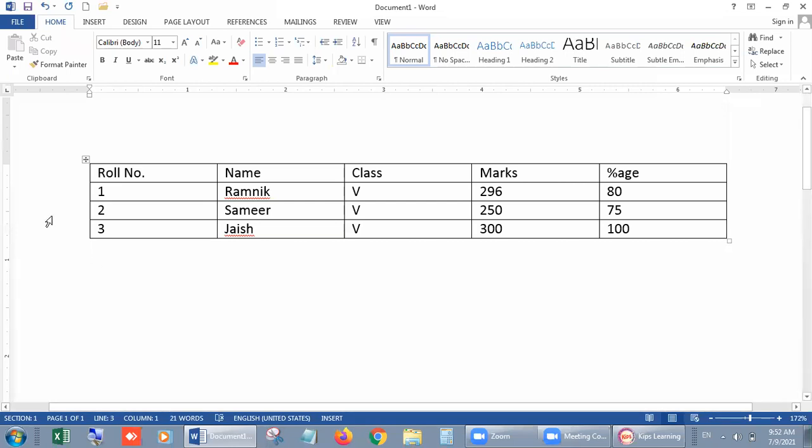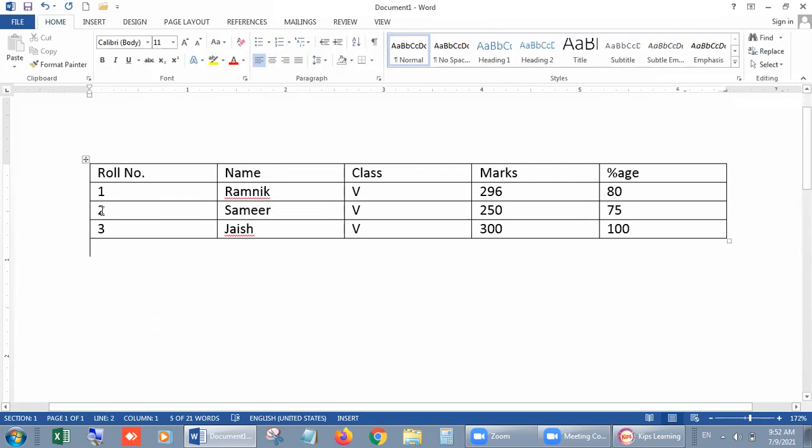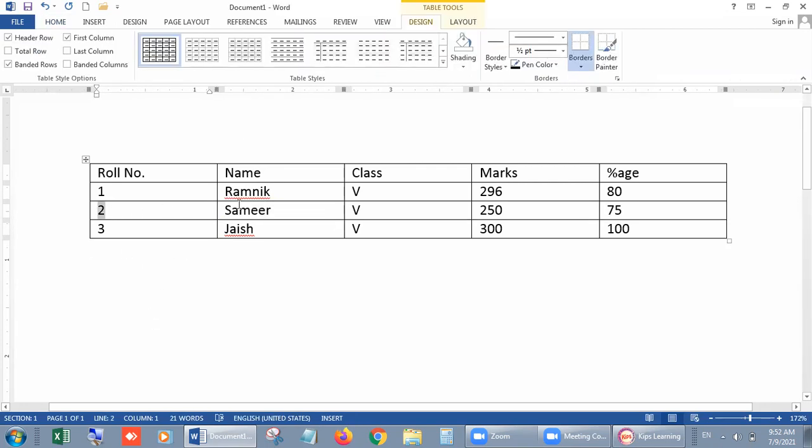Now go to the left side, the margin line. This is the margin area. Just in front of the row, click on it. Now you can see, students, that the entire row, meaning the record, will be selected. Otherwise, click on it and drag your mouse, and don't stop until you have selected what you need. In this way, you can also select the entire row, sorry, one row.